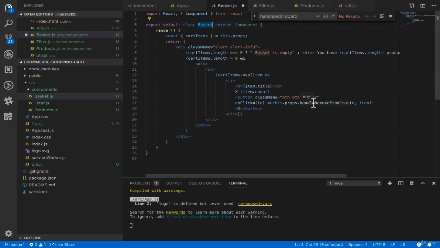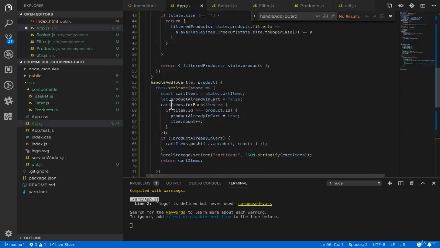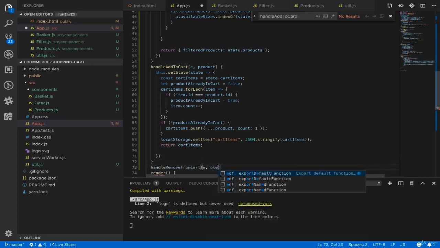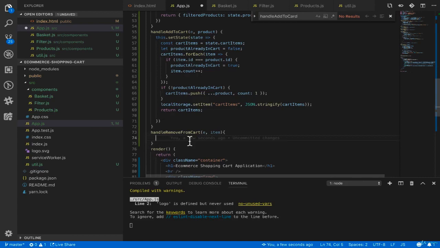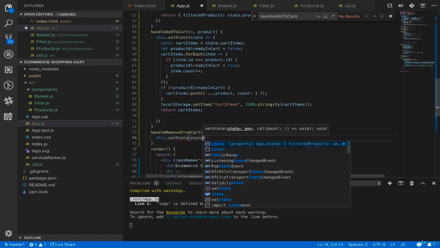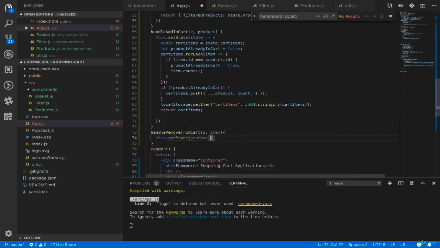So in the app.js, we need to implement handleRemoveFromCart. Next to handleAddToCart, we implement handleRemoveFromCart. What we want to do in handleRemoveFromCart is look for the cartItems array and remove the specified item in the item argument. So use this.setState and state as argument,